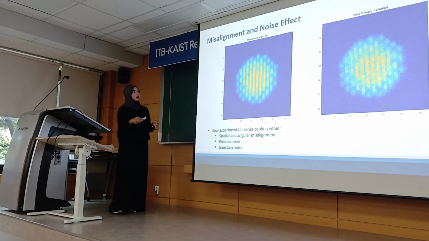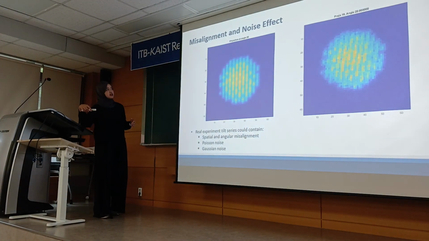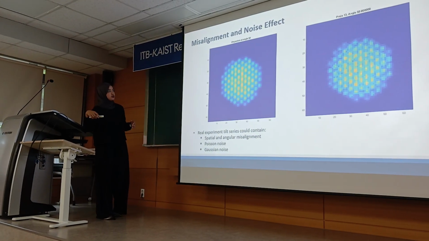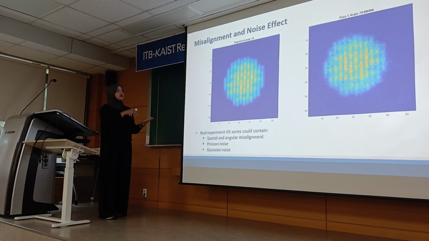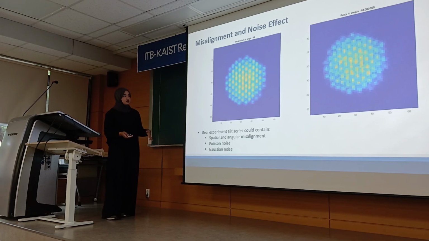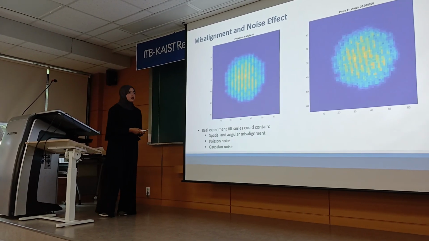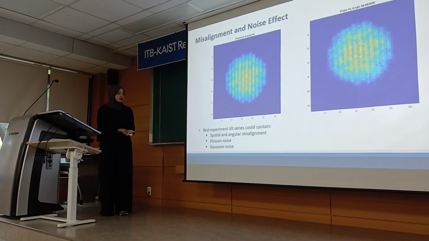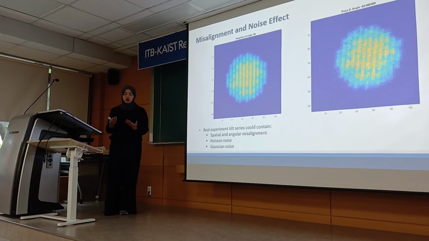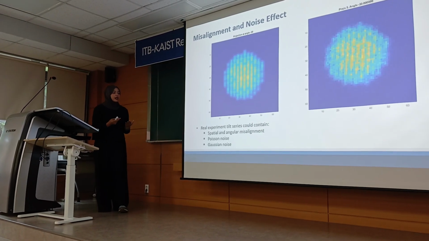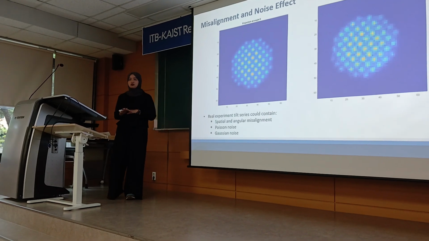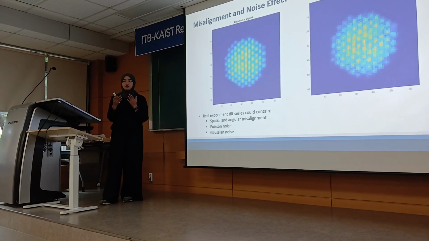DFT method, and I obtained this tilt series projection from minus 70 degrees to 70 degrees. We can see it's rotating along the x-axis. But actually in the experiment, the tilt series could contain several problems, such as spatial and angular misalignment that might occur due to the holder device's inability to